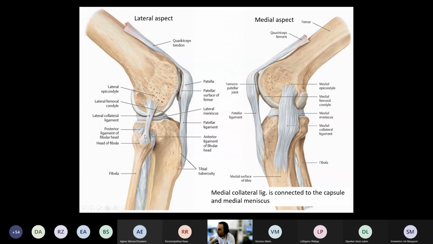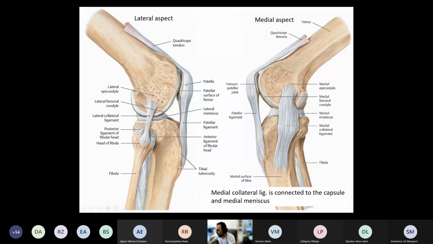Then here you see the lateral collateral ligament, and that was the lateral aspect. Medial side, here you see the medial collateral ligament. Please compare the size of the collateral ligaments. So the medial one is much wider, but also flat, instead of round in shape and more narrow. Okay,